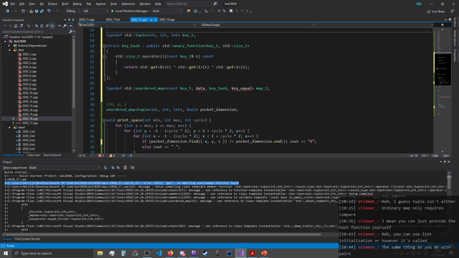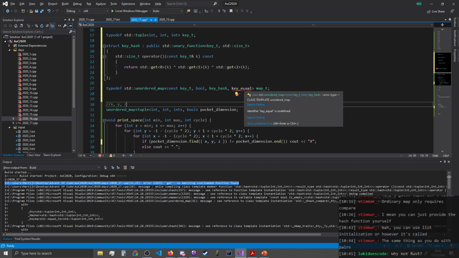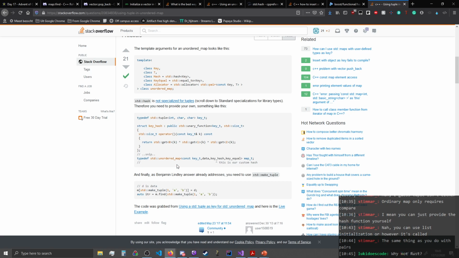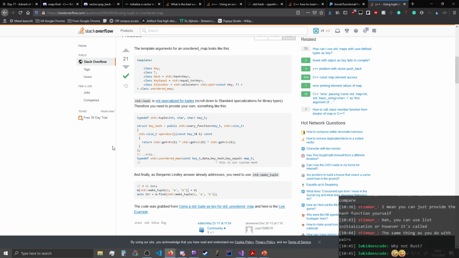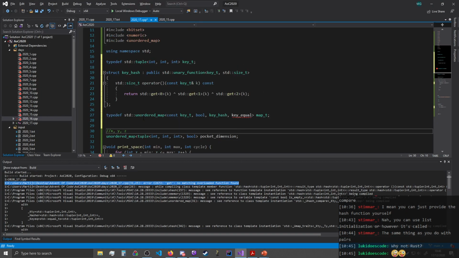Do you have to provide... Oh, and data would be a bool type. But what would be key equal? Because I don't use Rust. What kind of question is that? I'm sure there's a better way in Rust, but it seems like I might just do part day 1 here. Because this key hash, key equal would just be